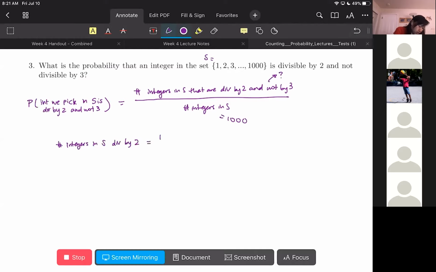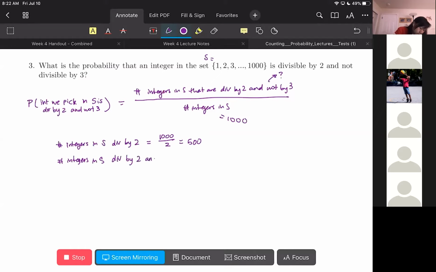And we can do that by dividing by 2 and rounding down, but in this case, it divides into it exactly, so we get 500. And then we have to take out the numbers that are divisible by 3. And so we notice that the only numbers that are divisible by 3 and divisible by 2 are the numbers that are divisible by 6. So to get the number of integers in S